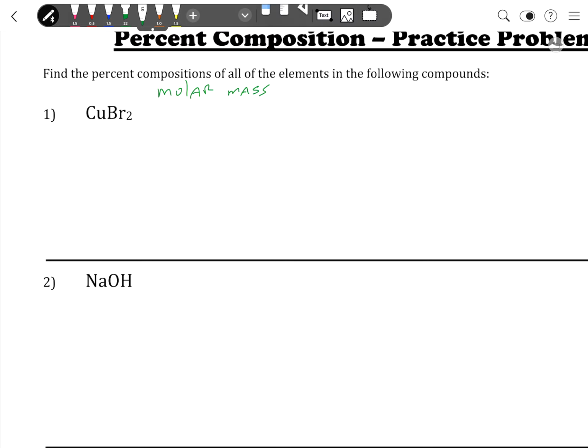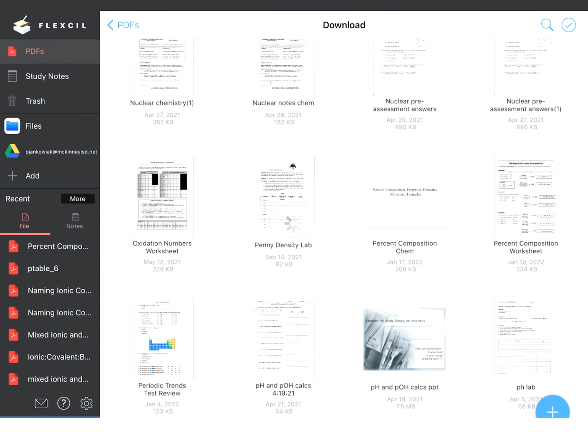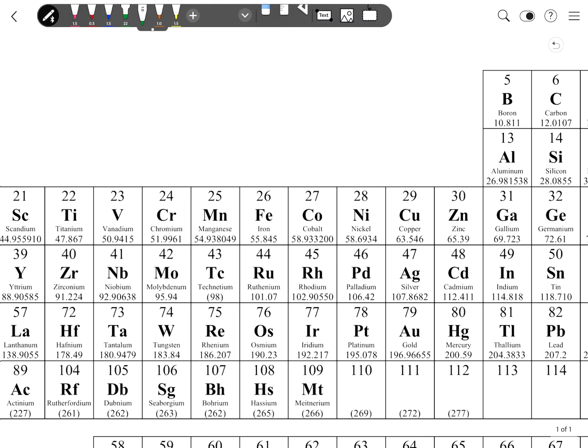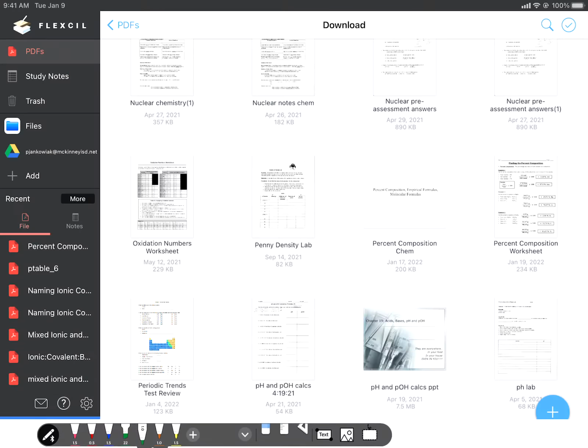And what you have to do is look at your compound and say, okay, I've got one copper here, and if I go to my periodic table, I find copper, and here it is, and we're going to go to the nearest hundredth and say it's 63.55 grams per mole,